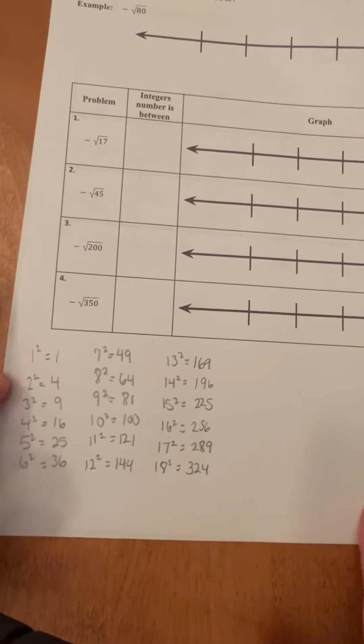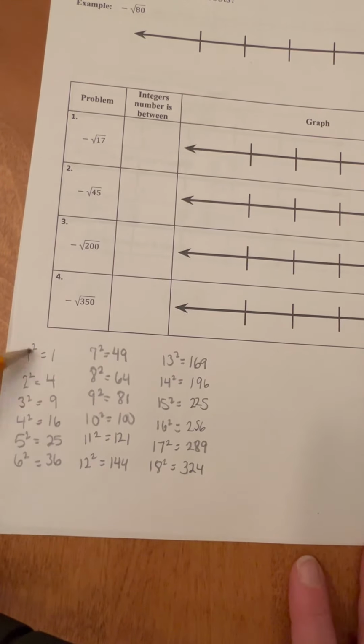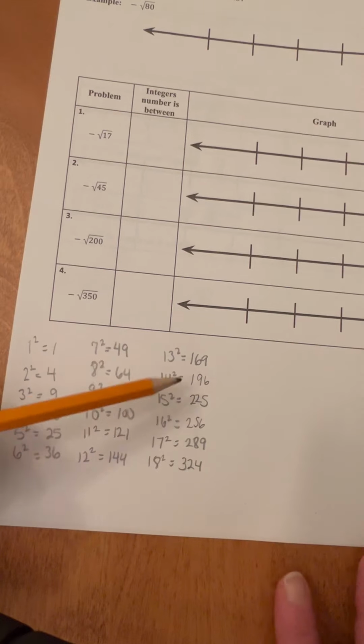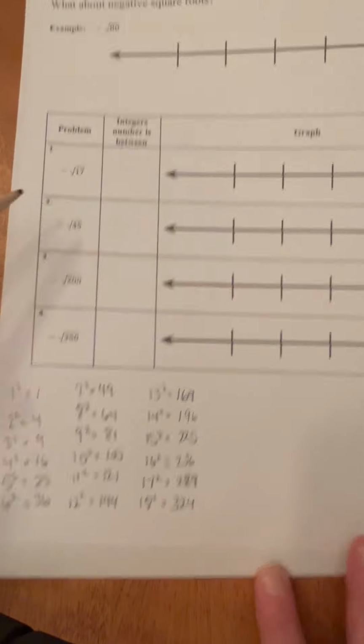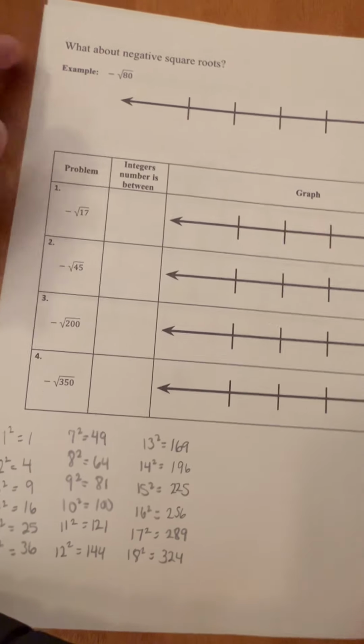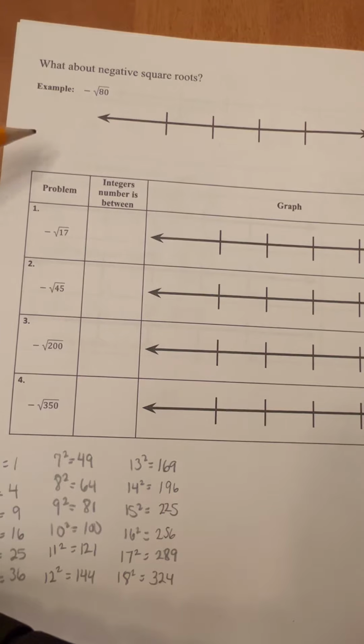Alright, everybody, I have a list of basically 1 down to 18, and these are the numbers squared. These are the perfect squares right here. And when we square each of these numbers, this is what we get as a result. So when we're looking at trying to locate numbers that are square roots on a number line, we have to